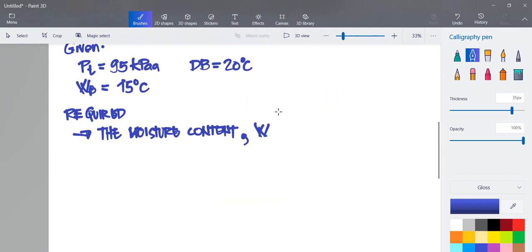So for the solution, let's use the steam table, looking for the value of the humidity ratio. First we have to go to the steam table. So from the steam table,